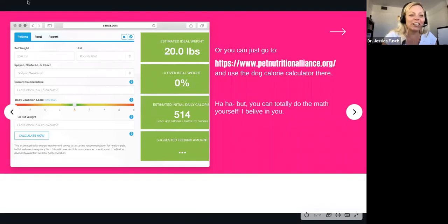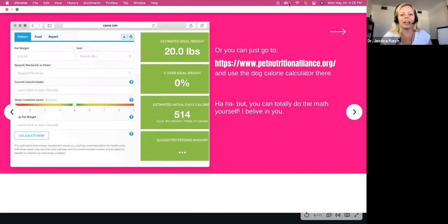Okay, here's our cheat. This is how we cheat right here. I go to www.petnutritionalliance.org and I use this cheat myself. It is so simple. They have a calculator there. You put in your dog's weight in pounds. You put their body condition score. Okay. You can Google body condition scores, but I'll also attach a PDF of that as well so that you